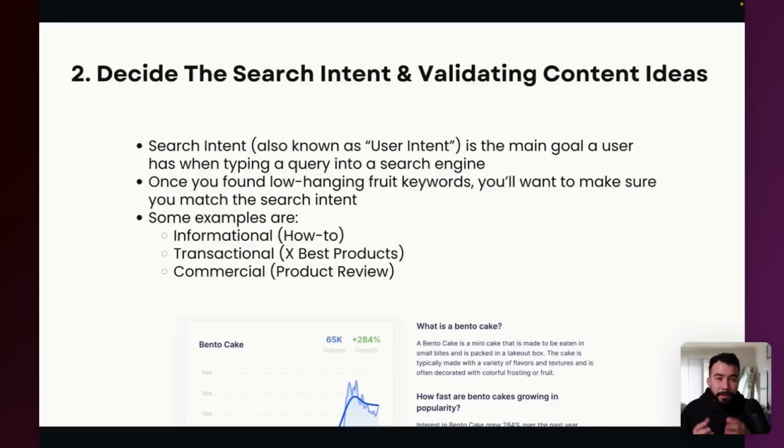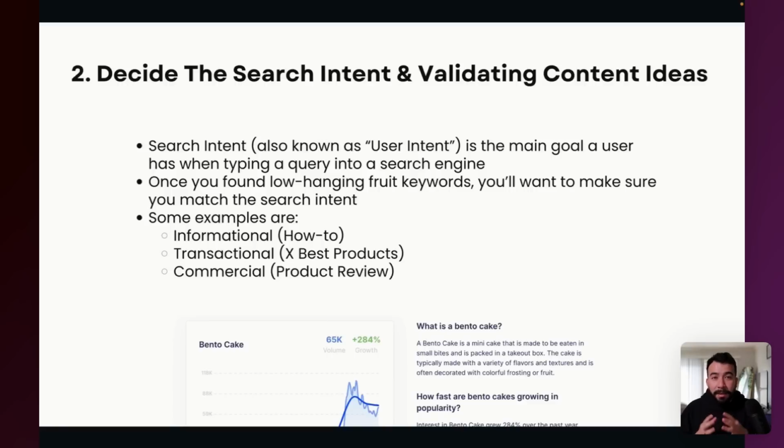The next thing is going to be transactional content. Your transactional posts are always going to be product roundups. So let's just say 5 best pickleball paddles, 5 best AI writing software. It's just going to be some type of list roundup post that's going to have a lot of buyer intent.